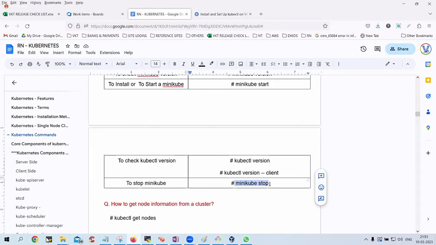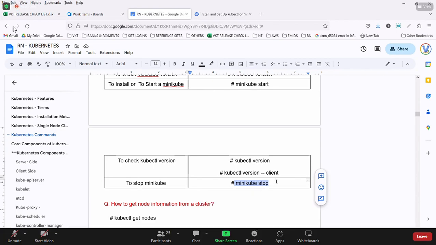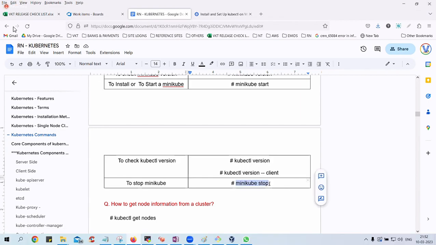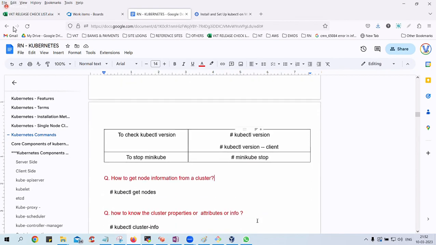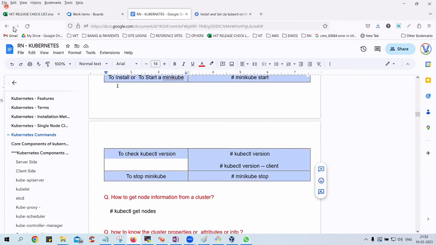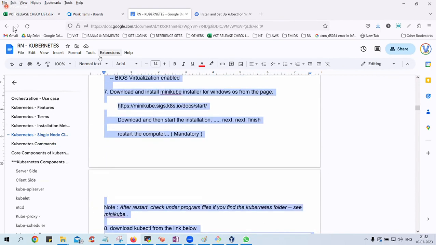I repeat, everybody: once you get your prompt back and check your VM box, you'll have some Linux image created automatically. Once you see it there, just come back and say stop. We'll continue from this point tomorrow. I need to clean up my current Kubernetes, guys.